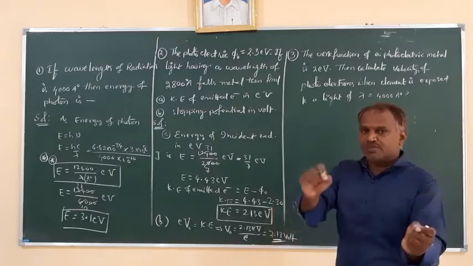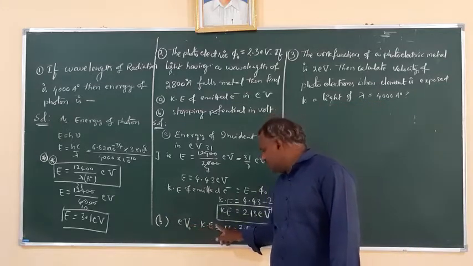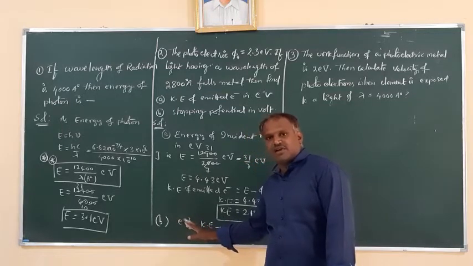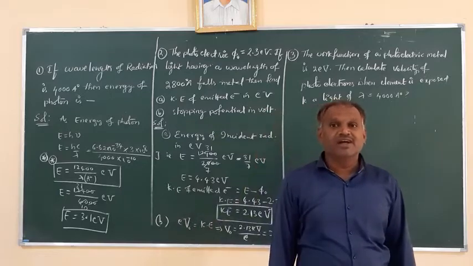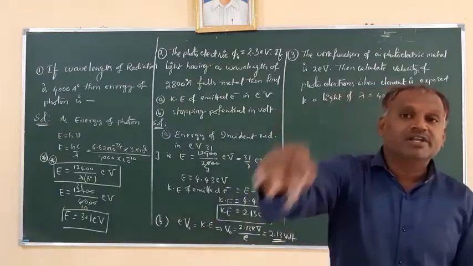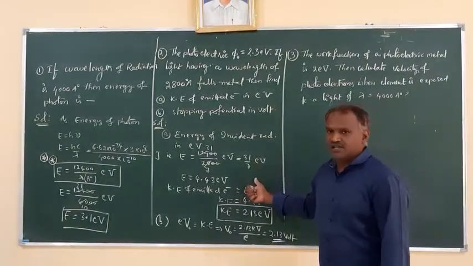So kinetic energy and stopping potential both are equal. So if you write the kinetic energy in electron volts, that electron, the charge of electron, cancels. So volt is what you get here. That is, the stopping potential is equal to the value of kinetic energy only, but it is in volts. Right? That is what can be observed in these calculations.